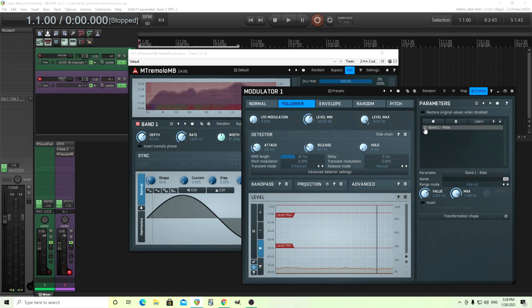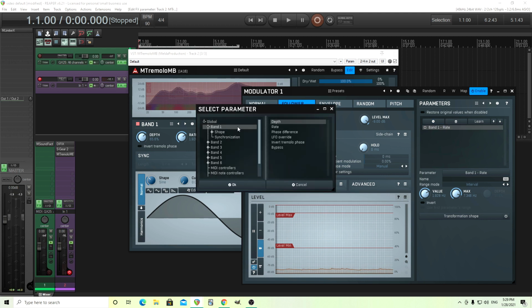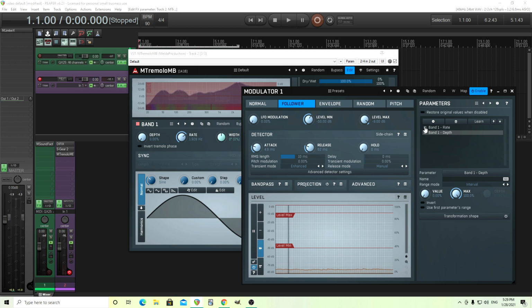So let's turn this off. I don't want this modulated like that anymore. And what I'm going to do is add another one in band 1. And let's try the depth this time. So add depth here. I made sure I turned this off, so now it's not controlling the rate, it's only